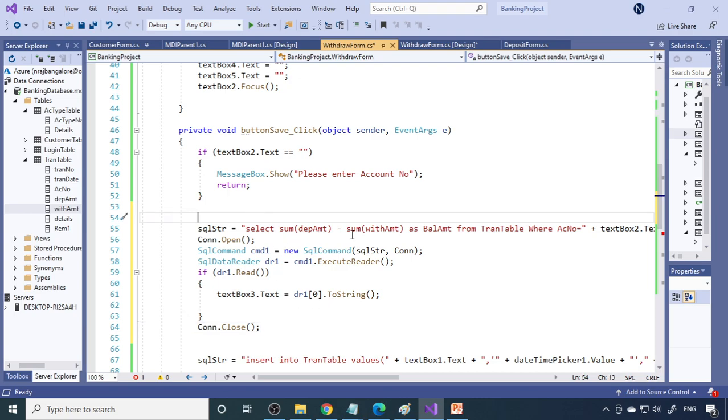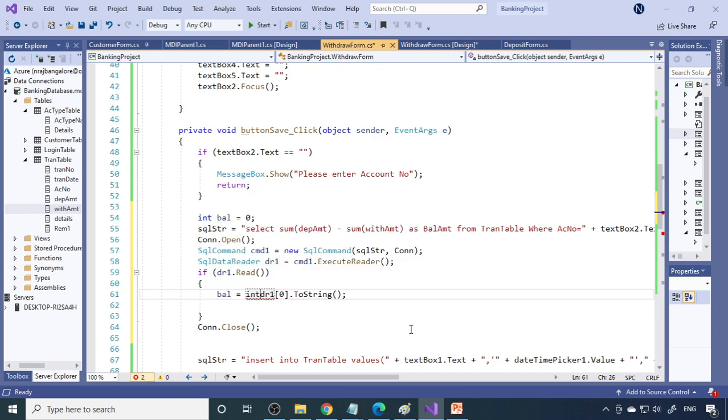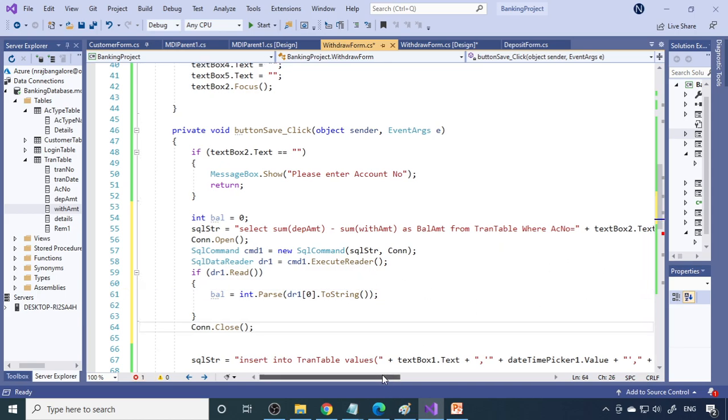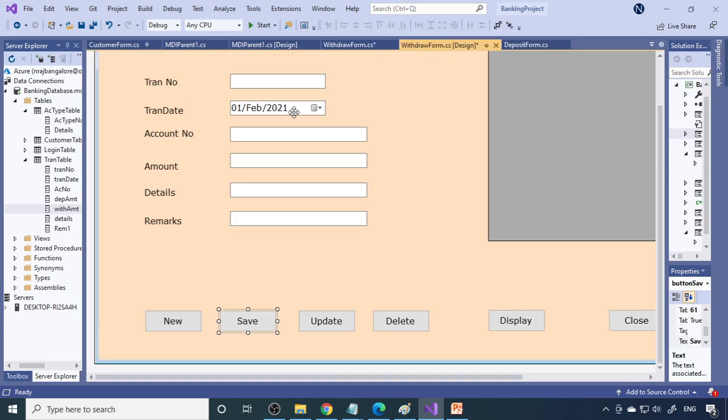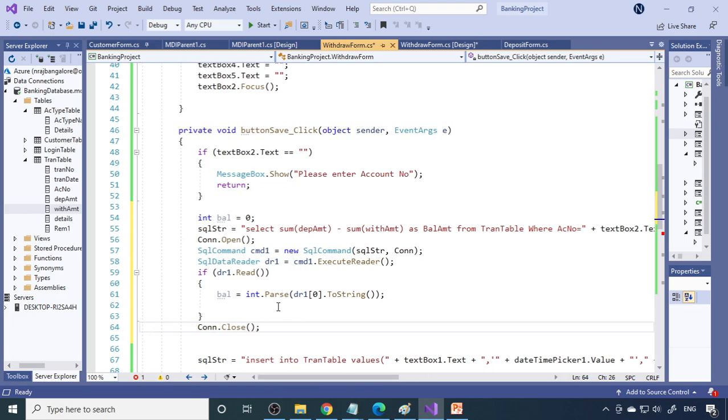So we can write int balance is equal to 0. Here you set balance is equal to int.Parse, which converts the value to an integer value, where account number is equal to text box 2. Then we'll get the balance.